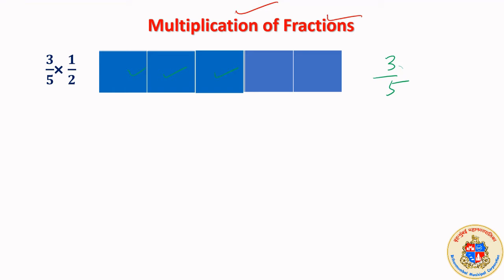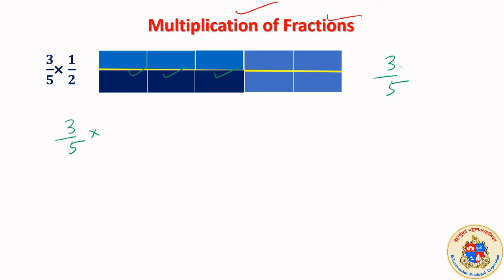Now that 3 upon 5 should be multiplied by half. It should be halved. Multiplied by half of 3 upon 5 it is. So I have to half it, cut it half. This part which is 3 upon 5 is to be cut into half. So I will cut it lengthwise and I got half of it. I will just change the color. So this dark blue is what is half of 3 upon 5, or 3 upon 5 into half.